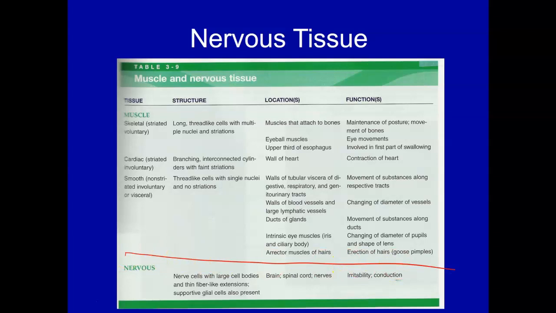So nervous tissue is at the bottom of my muscle slide here. Nervous tissue, man, you're going to find this in the brain, spinal cord, nerves. There are a lot of different shapes of nervous tissue cells. As we go through the nervous system, I will show you specific shapes. I have a few shapes coming up here in a minute. But basically, the nervous tissue is responsible